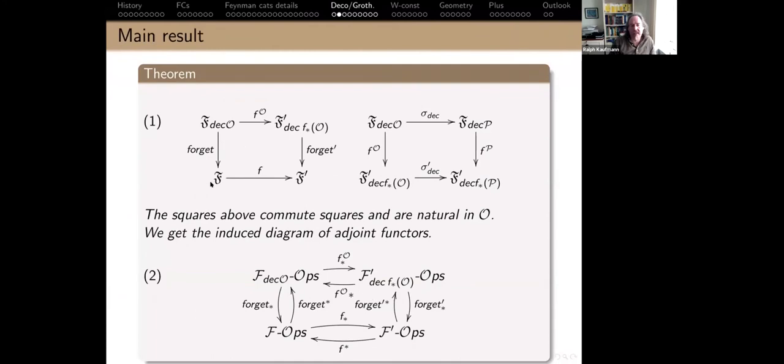They're fully functorial. I said that. So if I have a morphism downstairs, I can push forward the decoration, which was a functor. That's where the Kan extension comes in, and then I can decorate it here. It's also functorial with respect to natural transformations of functors. It works out nicely. And on the level of operads, sort of ops, you get this complicated diagram of adjoint functors. But I sort of like one more than two. This is what I'm, again, advocating. If you go back to the Feynman category level, you pull it back to the encoding category, you just get simple diagrams. This simple diagram becomes this diagram for the adjoint functors.